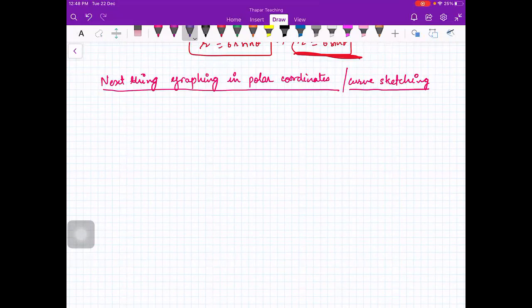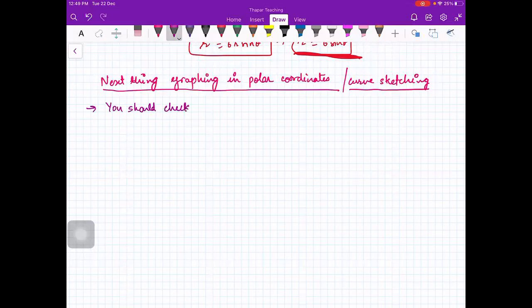Yeah, that is a good point. Anything else? Ma'am, if it is in the form of a standard shape that we've learned. Yeah, that is also a good idea. So before that, we will always check symmetry. So the first thing you should check is increasing or decreasing, basically you should check symmetries.